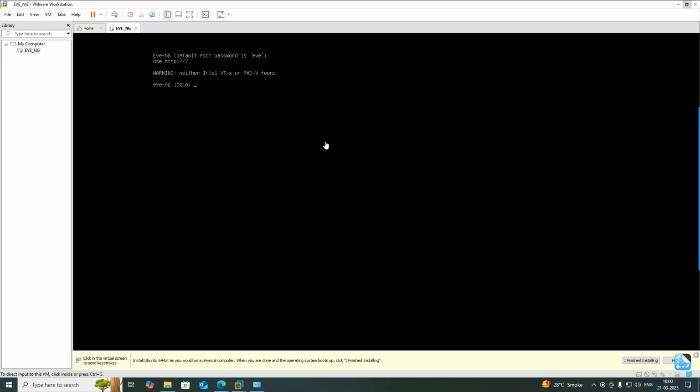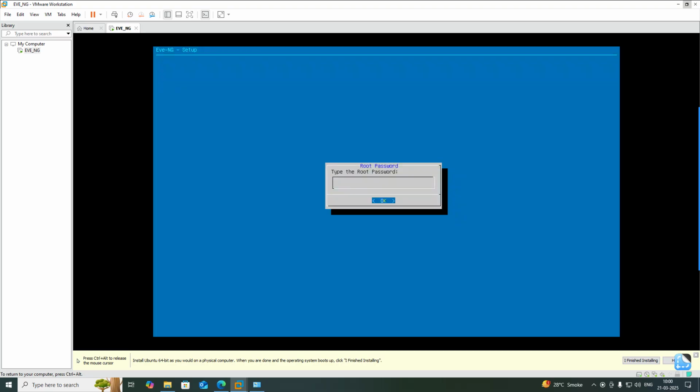Now it has taken around 10 minutes. We will enter the EVNG login. You can see the login default is root and password is EVE, as given above. So we'll enter root and password is EVE. Hit enter and root password, type the root password. Okay,